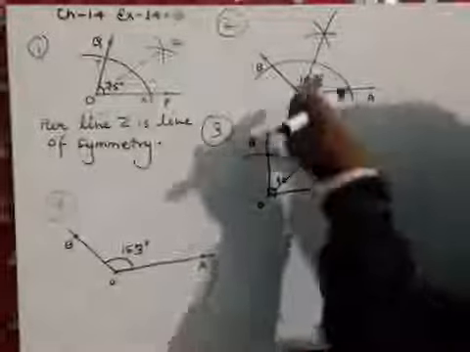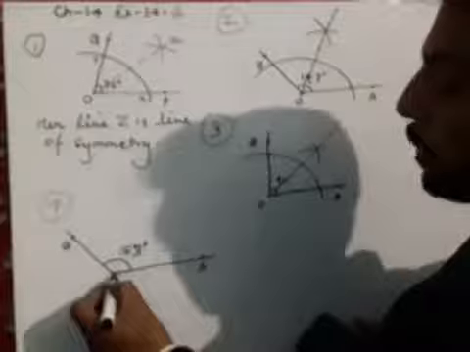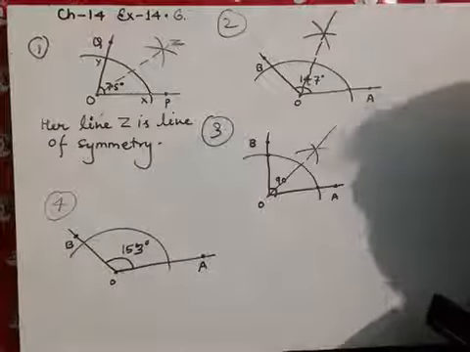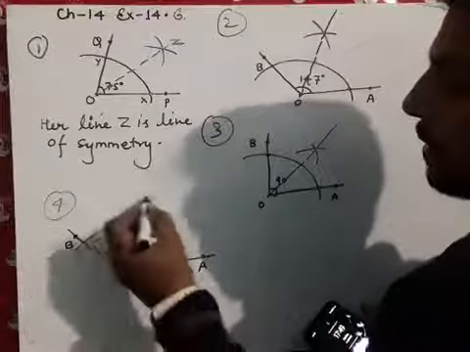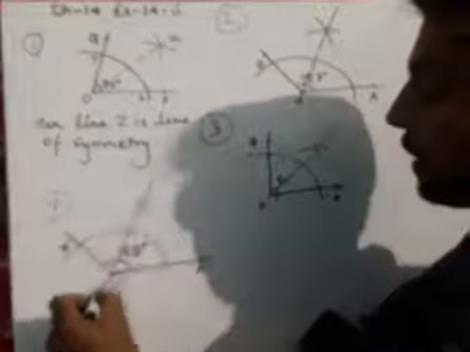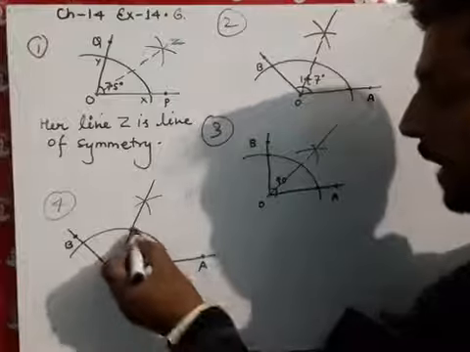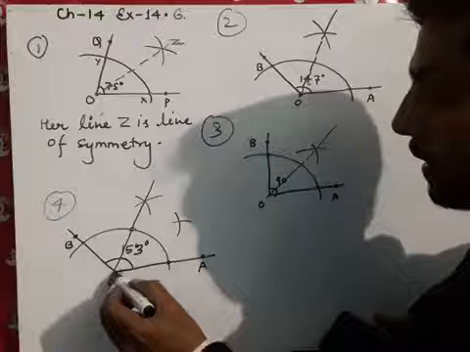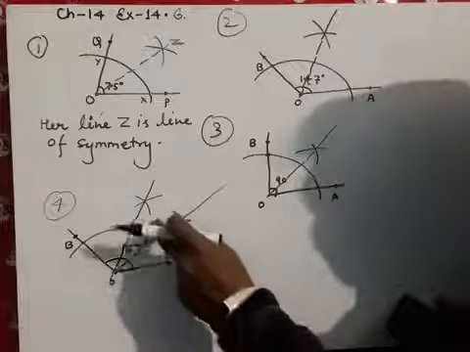After naming, you have to do the same process we did in questions 1, 2, 3. You have to put the compass here and make one arc, and after making the arc, first of all we are going to divide it. This is the bisector. Now again you have to take this point and this point and do the same process. Here you have to make one arc, from this point you have to make one arc. So this will be the half portion. So these are the 2 equal points.